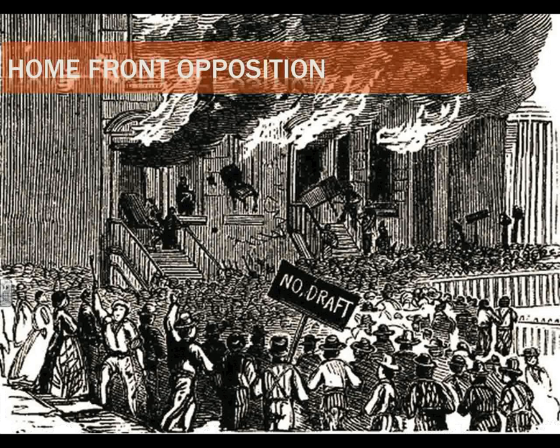So at the New York draft riots, for example, several African Americans are lynched. It's this sort of sense of we don't want to fight for you, we don't want to be here for you. There's lots of Irish immigrants who are part of these draft riots. There's an interesting dynamic in the United States between the Irish and African Americans. The Irish were seen as the scum of the earth. But at least they were better than Black Americans on the social ladder, as it were.